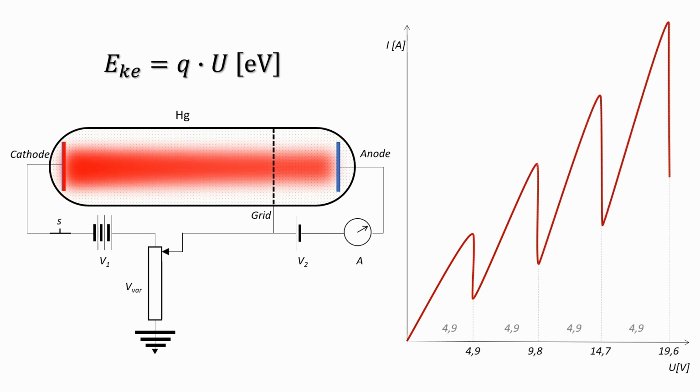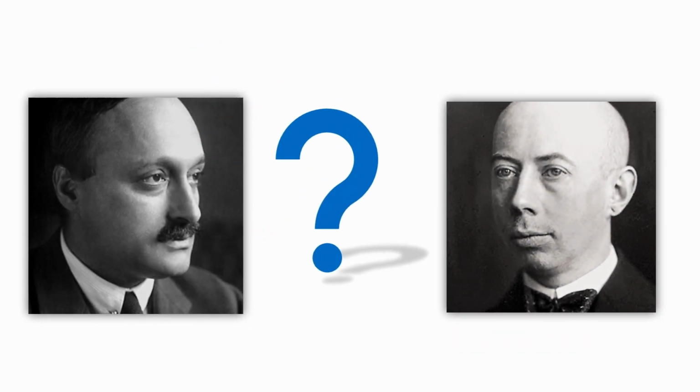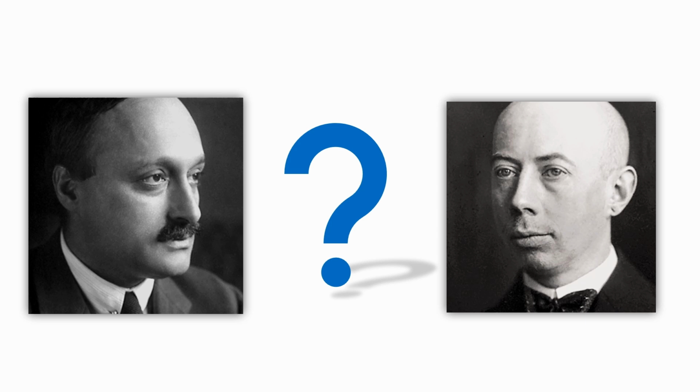The presence of mercury in the tube caused a change in the behavior of the electrons that comprise the electric current. For whatever reason, continuously accelerated electrons in a tube with mercury vapor suddenly lose energy when they reach 4.9 electron volts. Franck and Hertz were unable to adequately explain the experiment, but they reported the findings. As soon as Niels Bohr saw the experiment's outcomes, he knew that his own atomic model had been validated because